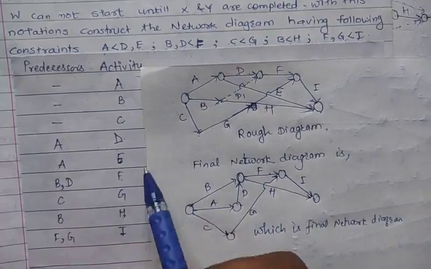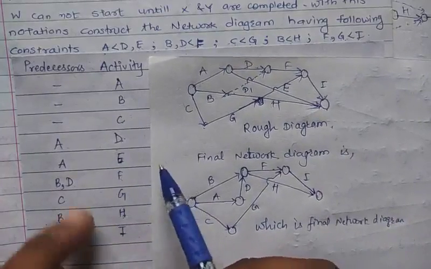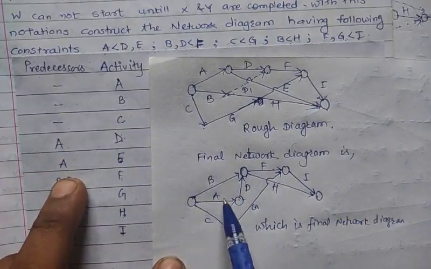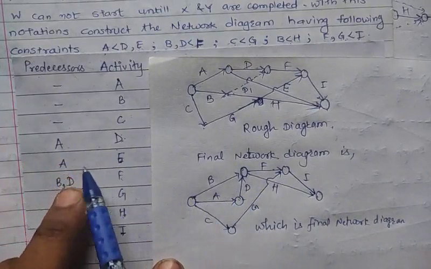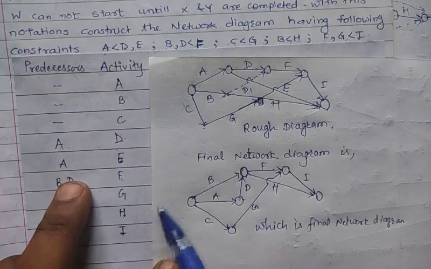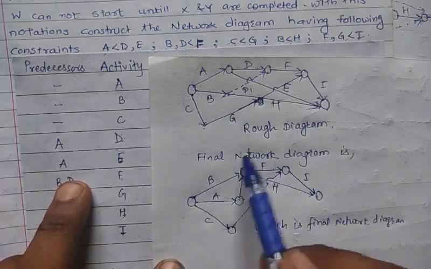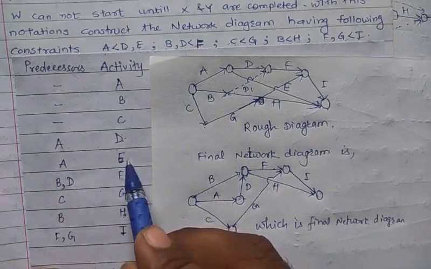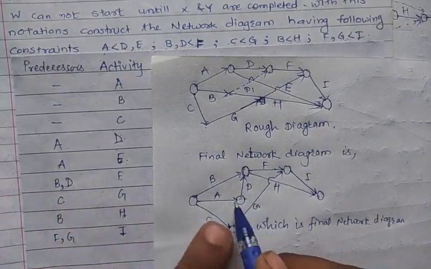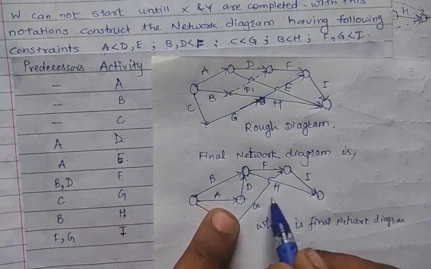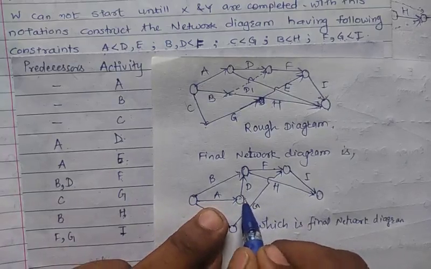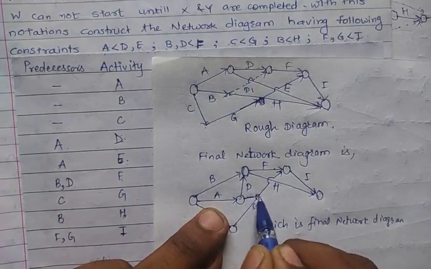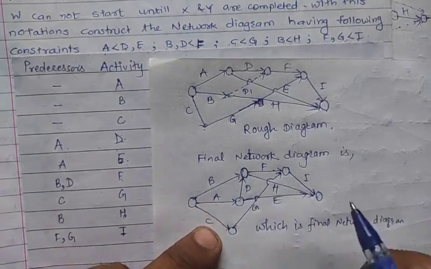Right? So let's see whether all the conditions are satisfied or not. A goes to D, A goes to E. Sorry, here A goes to E is remaining. So A goes to E, and E is the last point. So here is the bridge. A goes to E and E is the last point.